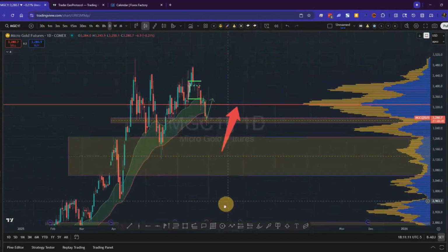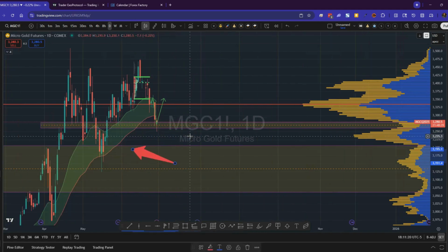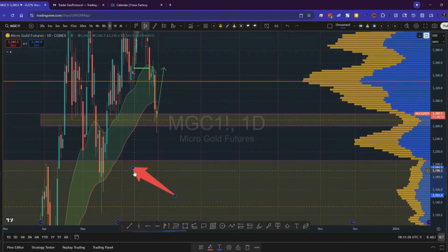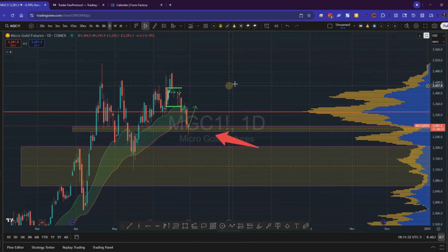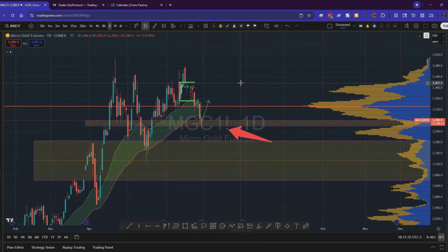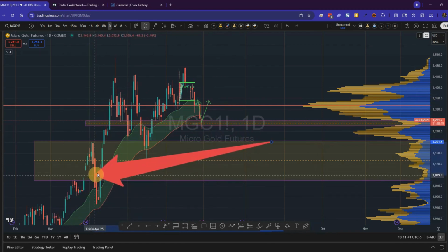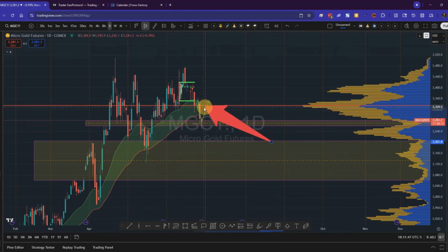if we pull this up, as you see, the daily chart is still in an uptrend. The ExoCloud is still green, so we're still in that uptrend. But now we can see the low volume area much better. So the first thing I do now that we've identified the range we're in: the uptrend has stopped pretty much here, because as soon as we got here, we started trading sideways. So since the uptrend is done and we're about to go into a range,